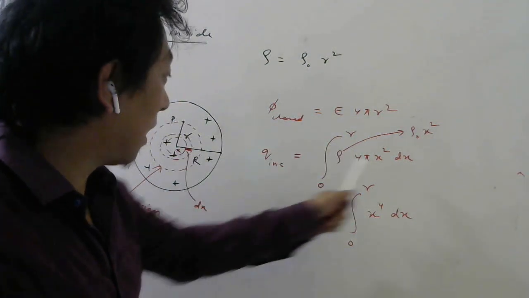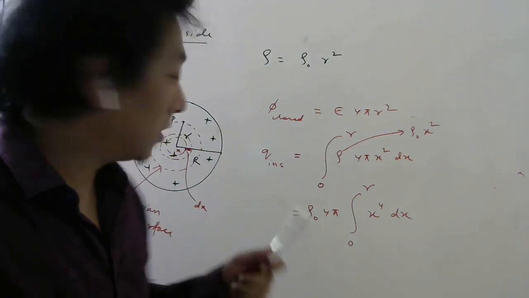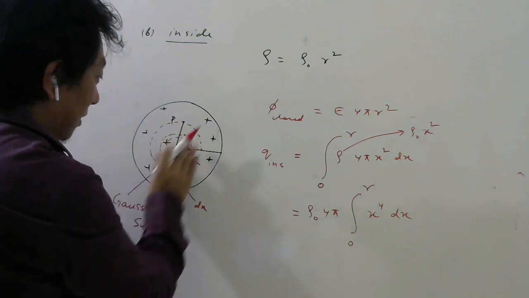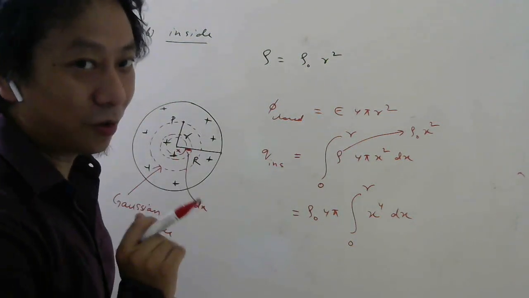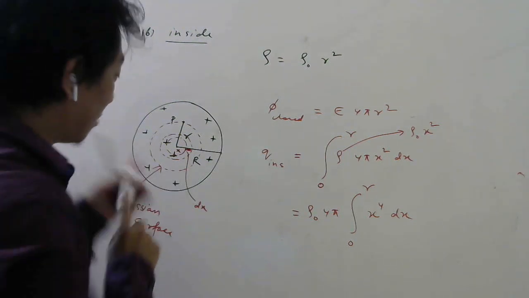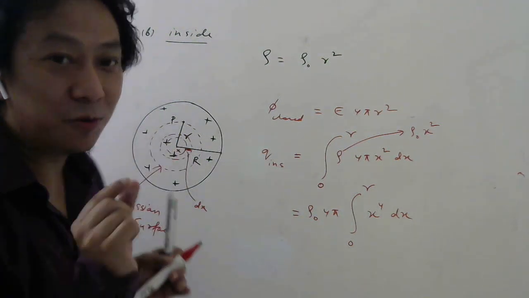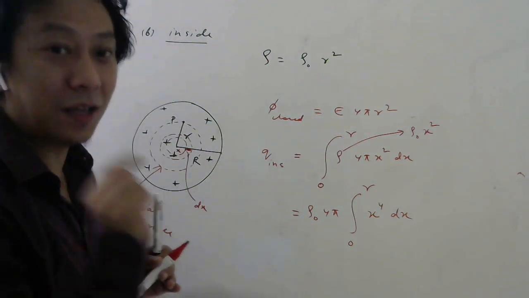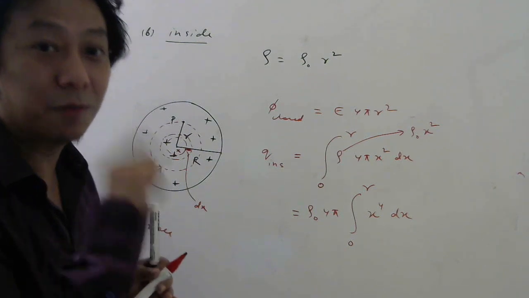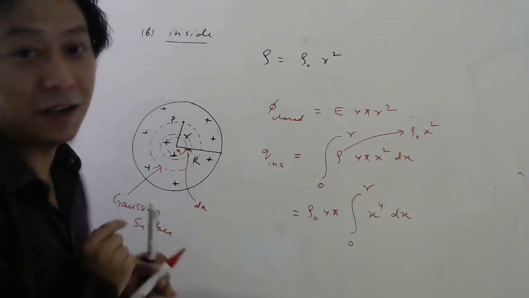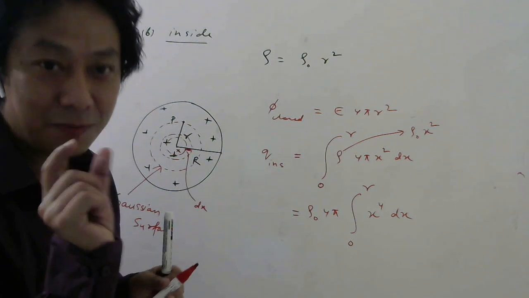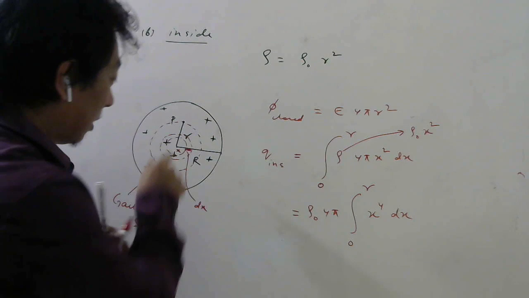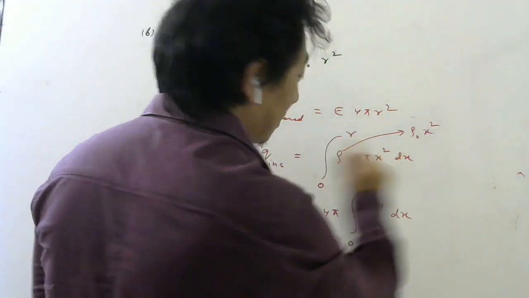See, if you want to write this as r dr, no problem, but you need to understand that to find the charge inside, directly density into volume you cannot do. You have to divide it into shells. So I took one shell whose radius I don't want to say small r, because small r is this, so I am saying it x. What is x? Radius of this shell. Radius means from where to where? From center to the shell. Yes or no? Then this thickness I wrote dx, and we know the volume of a shell is 4 pi x square dx.